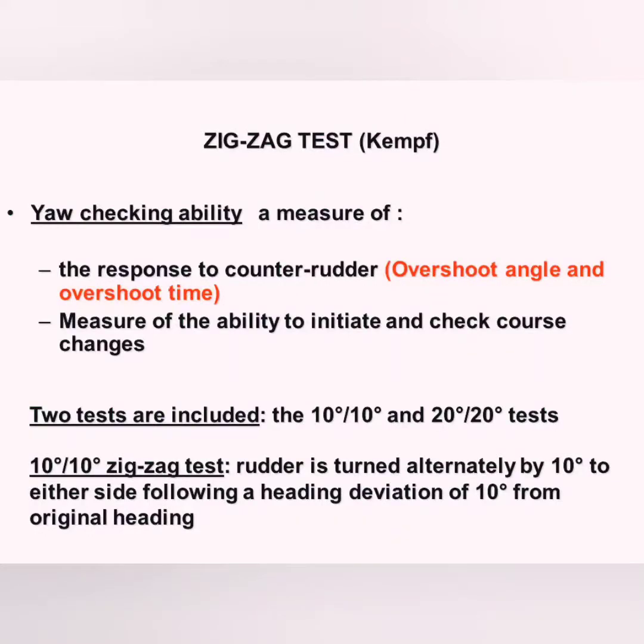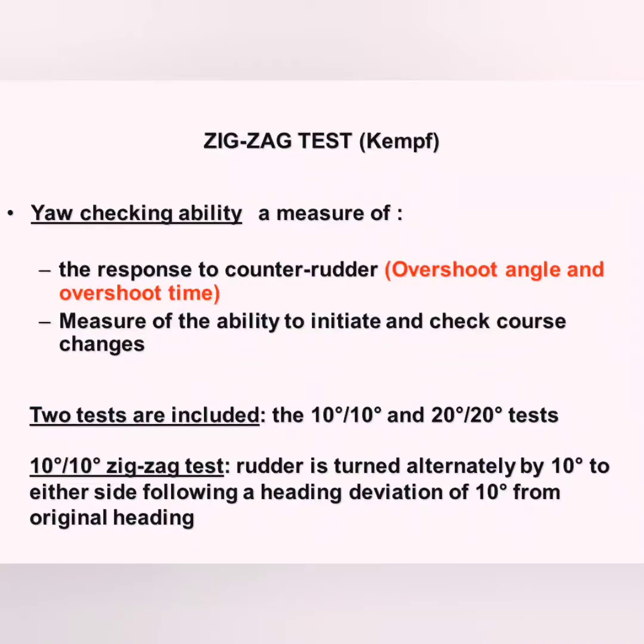It is done to check the yaw checking ability of the ship. Basically, I want to know how fast my ship will respond to the rudder if it's already turning. A navigator is always interested in, if the ship has already started turning and I give a counter rudder, how much overshoot will take place and how much time will it take before I'll be able to neutralize the